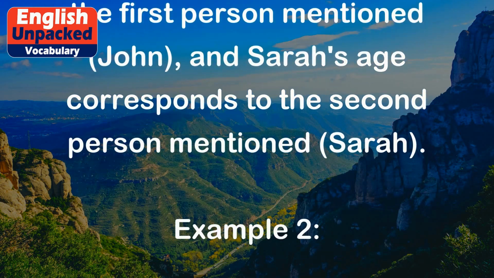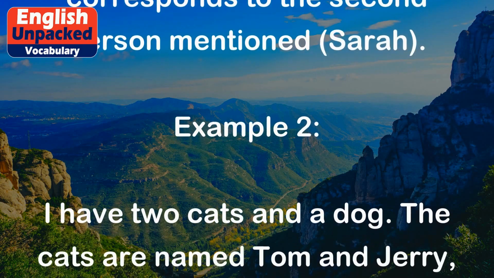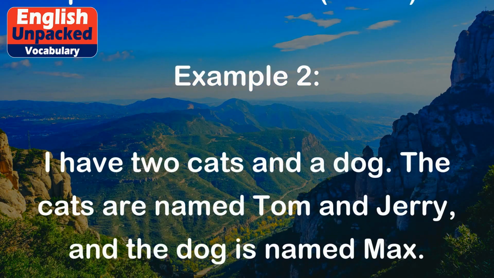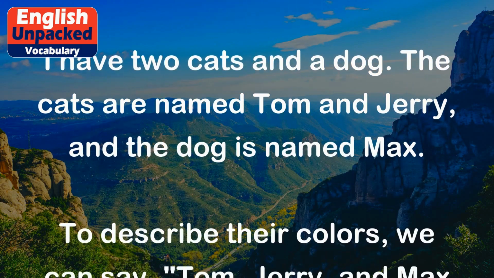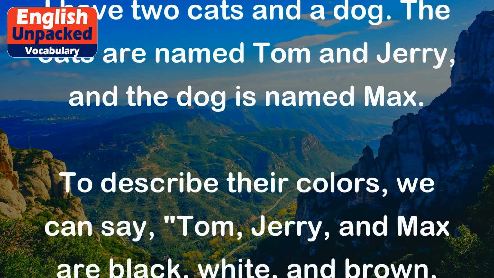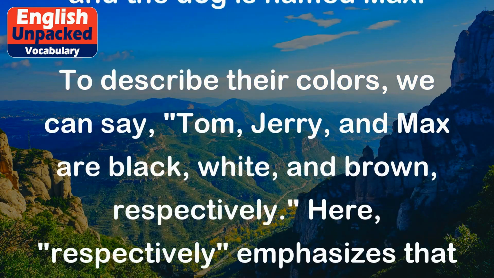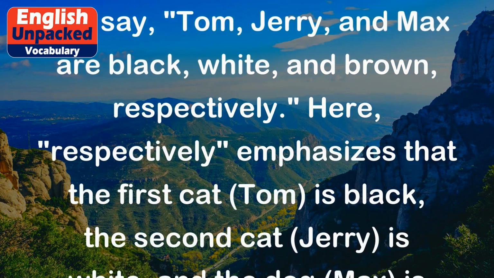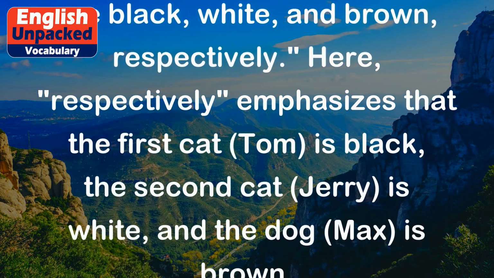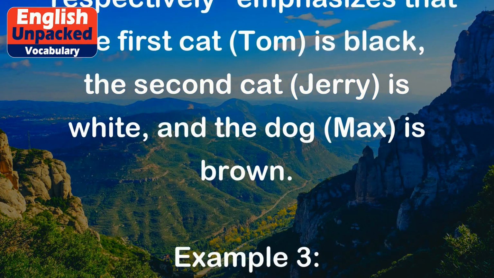Example 2. I have 2 cats and a dog. The cats are named Tom and Jerry, and the dog is named Max. To describe their colors, we can say, Tom, Jerry, and Max are black, white, and brown, respectively. Here, respectively emphasizes that the first cat, Tom, is black, the second cat, Jerry, is white, and the dog, Max,